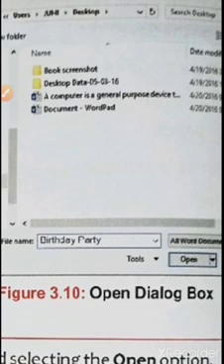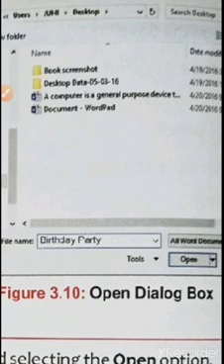Here you select the file and then click Open. At the bottom you see Open written with an arrow. Click on that and your document will open.